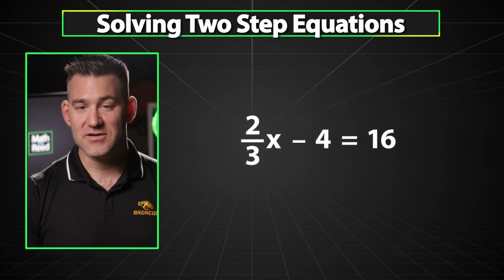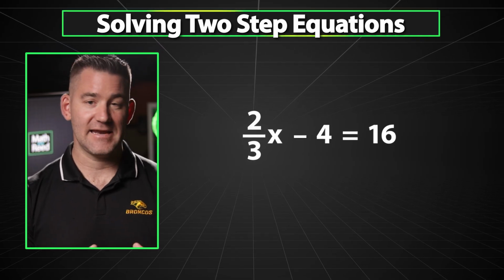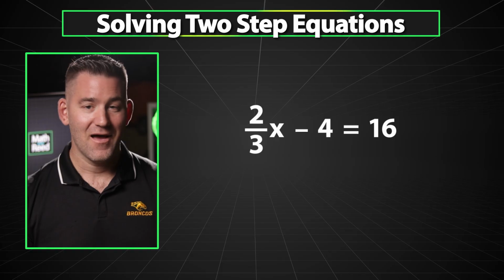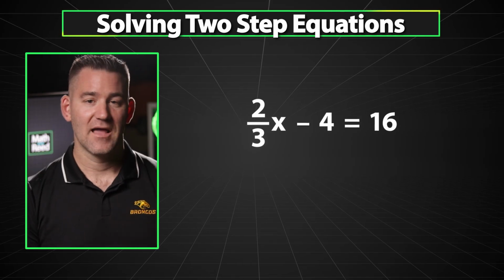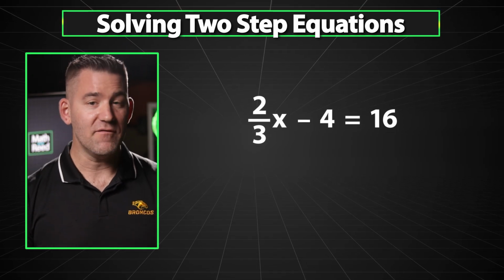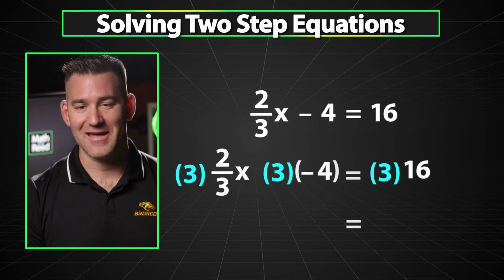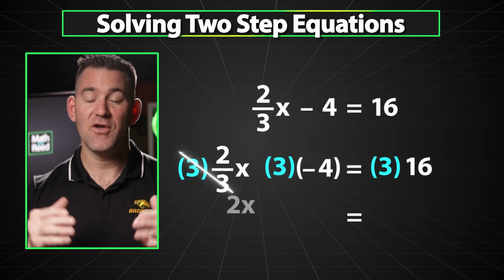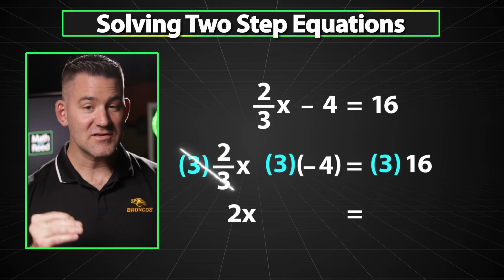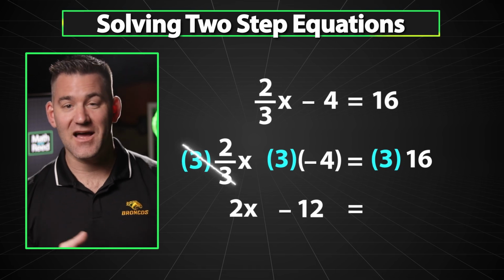Here we have the equation 2/3 x minus 4 equals 16. Now, I know fractions can be intimidating, but don't trip. We can easily get rid of this fraction in one simple step. Since we have a denominator of 3, let's go ahead and multiply everything by 3. Well, 3 times 2/3 x leaves us with 2x, negative 4 times 3 equals negative 12, and 16 times 3